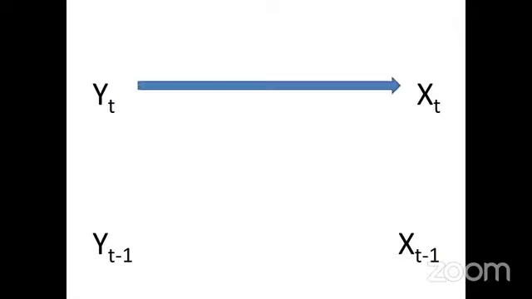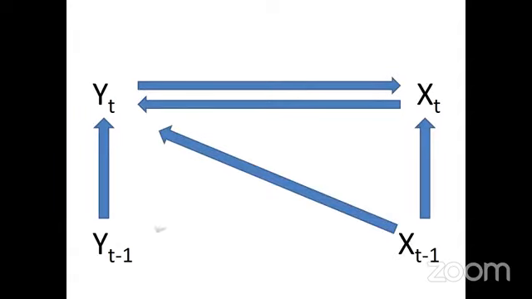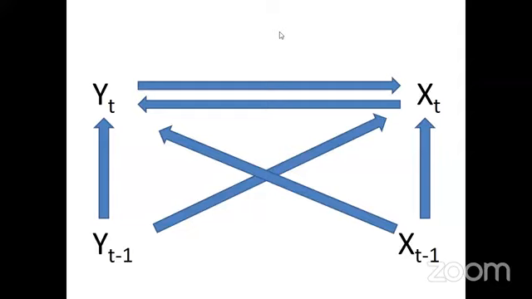Please pay attention here. Now see, yt is dependent, xt is dependent, xt minus 1 is a lag of xt, yt minus 1 is a lag of yt. Now how is VAR working? I will say yt is dependent on xt, xt is dependent on yt, yt minus 1 is influencing yt, xt minus 1 is influencing xt, xt minus 1 is influencing yt, and yt minus 1 is influencing xt. This is VAR. Clear? Is it clear, Surjit Kumar? This is how VAR is working, right? Let's proceed further.